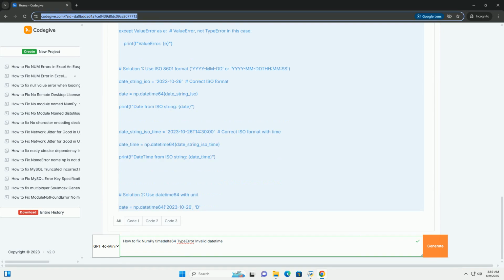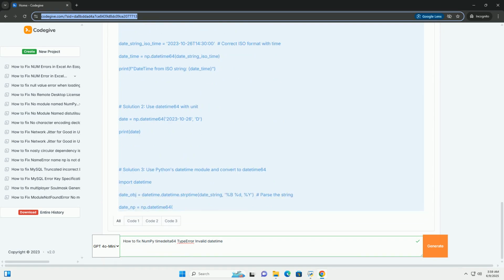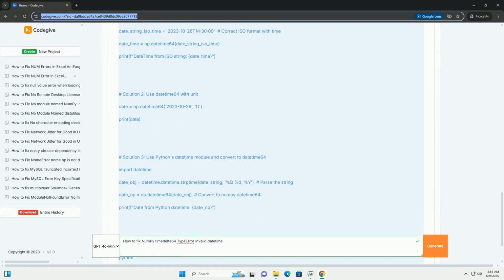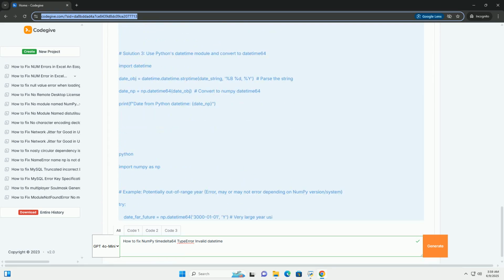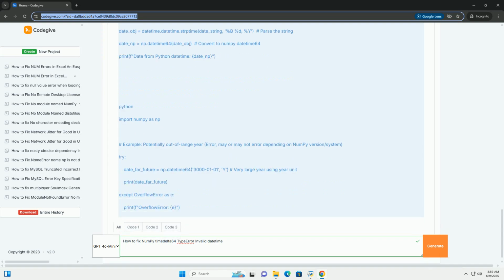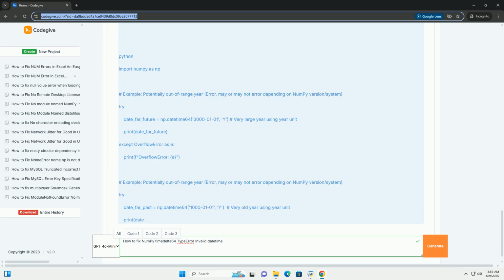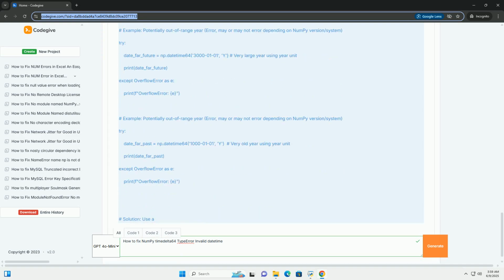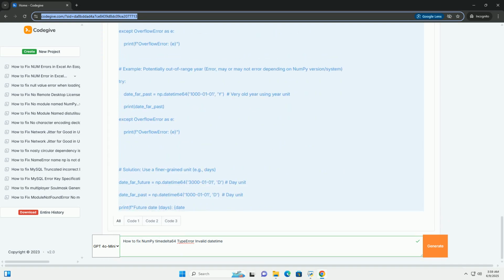Understanding the basics. Before diving into the solutions, let's establish a solid understanding of the concepts involved. 1. NumPy datetime64. This is NumPy's fundamental data type for representing dates and times. It offers efficient storage and manipulation of time-based data. Unlike Python's built-in datetime module,